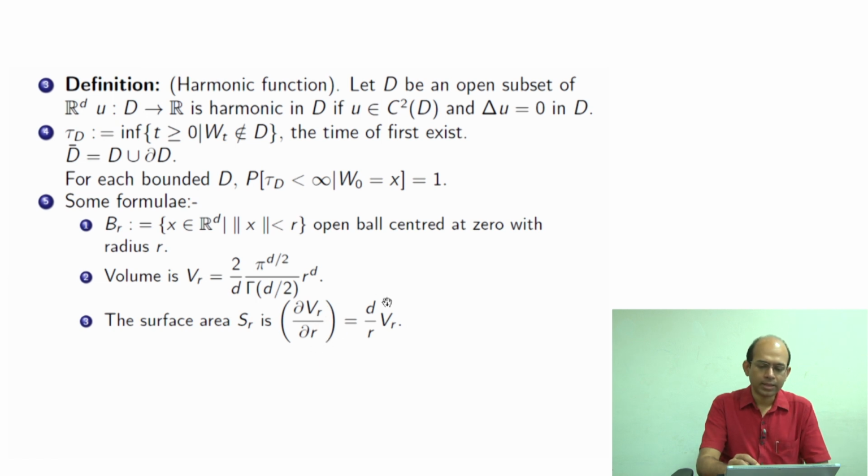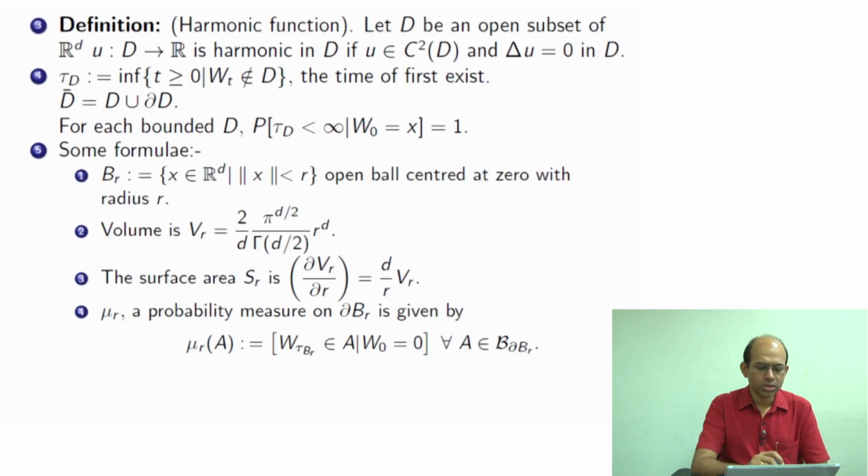And if you do that, it is trivial to check that you are going to get d over r times V_r. Okay. Next we introduce a measure mu_r,